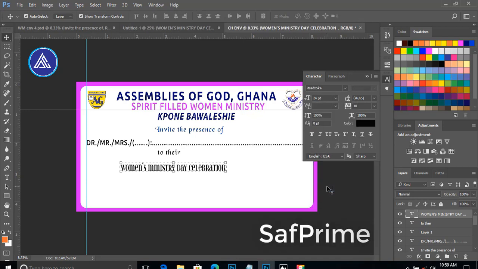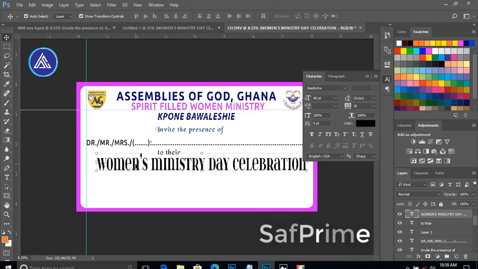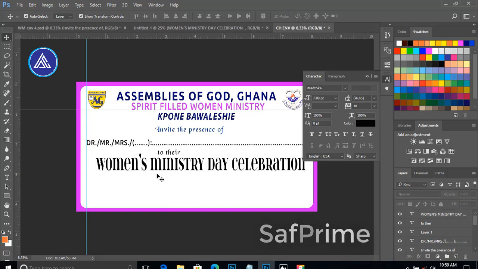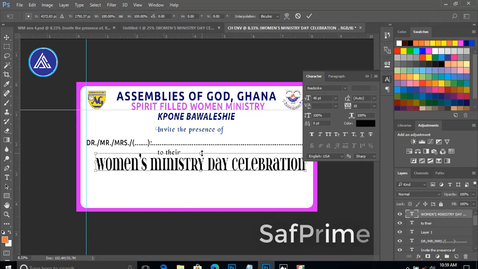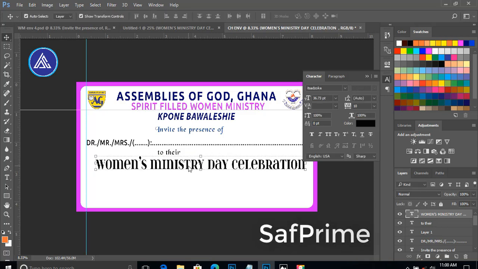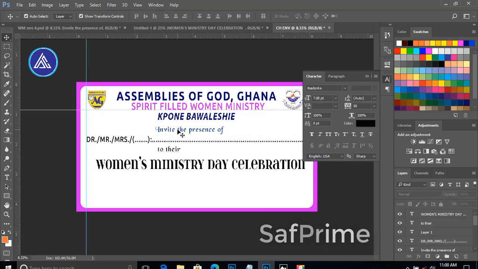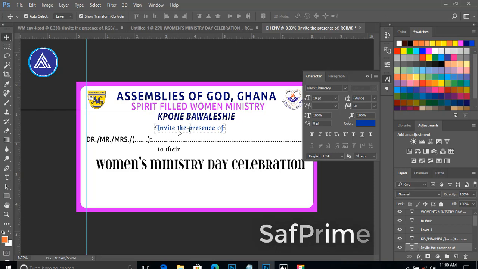Let me increase it. That is the main thing, so it should be bold at the back of the envelope. To their women's ministry day celebration. I think I can reduce the height a bit. Okay. Let's move on and insert the theme. You know, the day that they are celebrating, they will have a theme that will guide them to celebrate